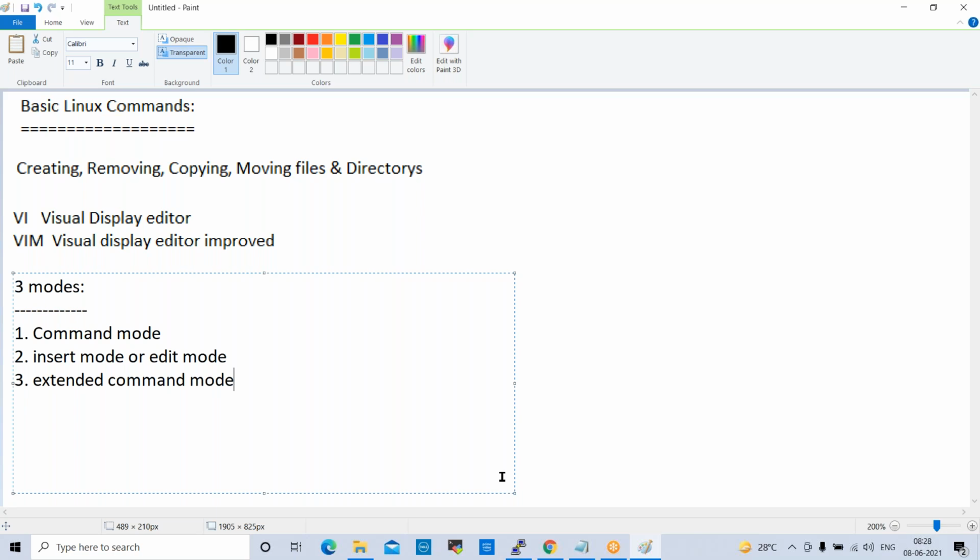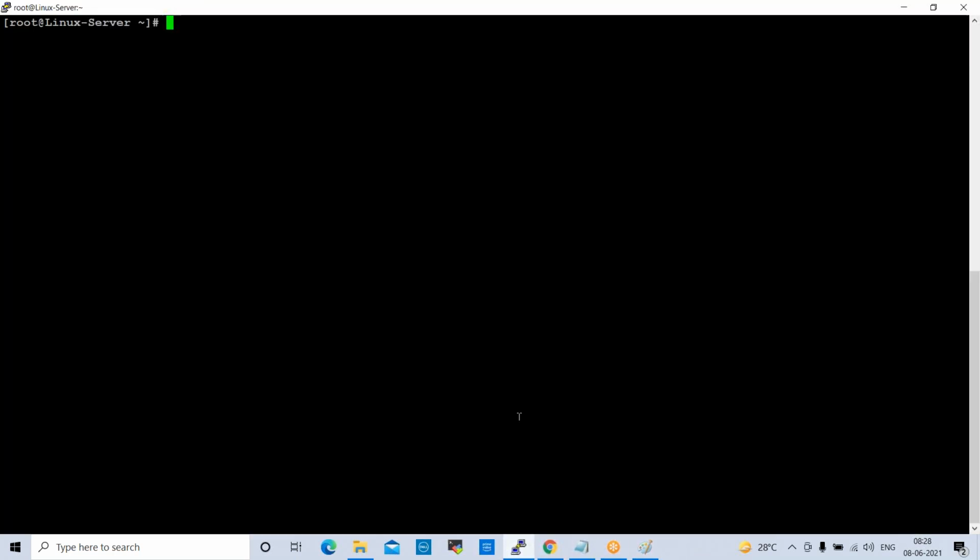Fine. So let us go and check this. vi /etc/passwd. This is the password file, where the passwords are stored.